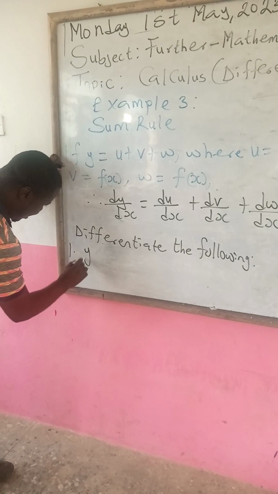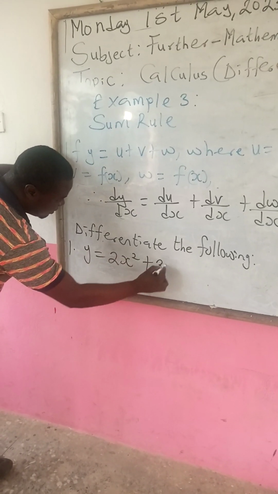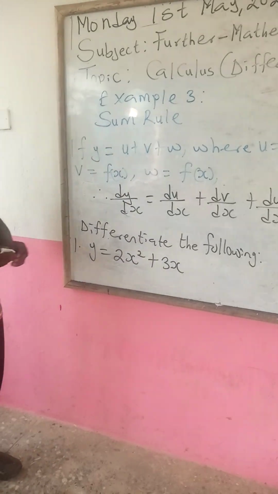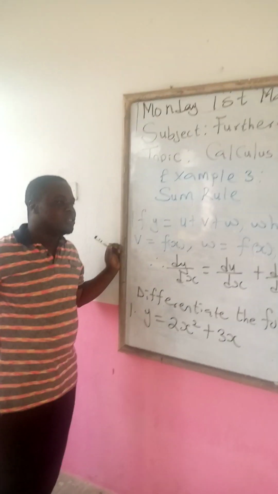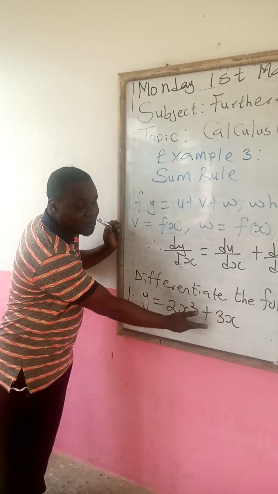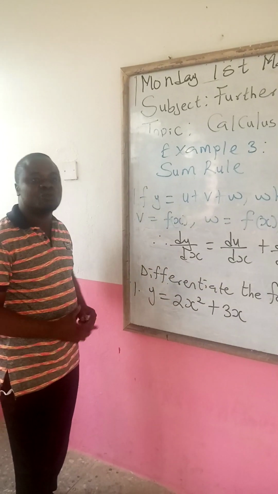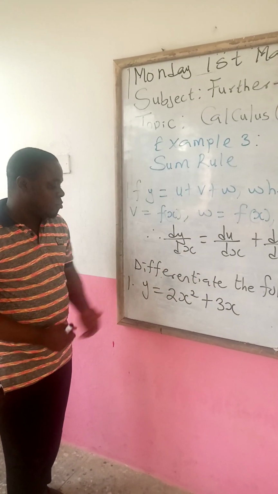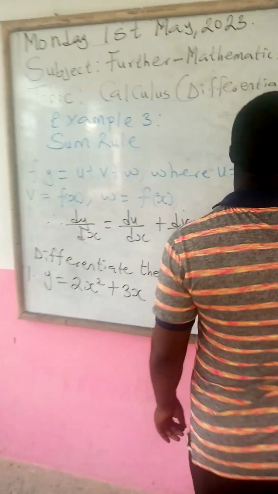What if you are given y equals 2x squared plus 3x? You can see the addition sign. This is under what we call the sum rule. The addition sign is telling you that it is the sum rule. So let us start. How can we solve this? Our dy/dx